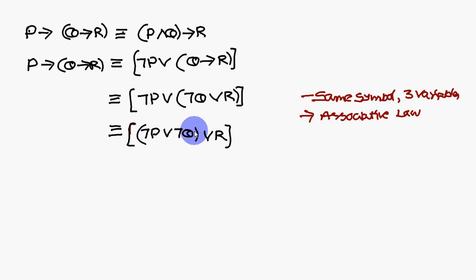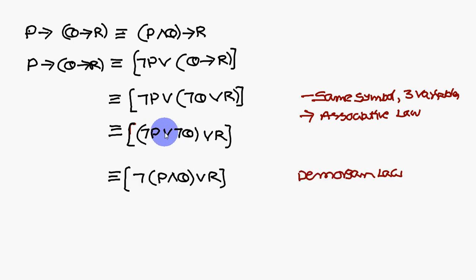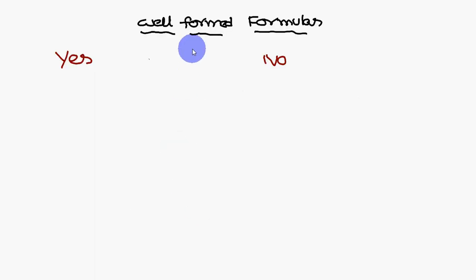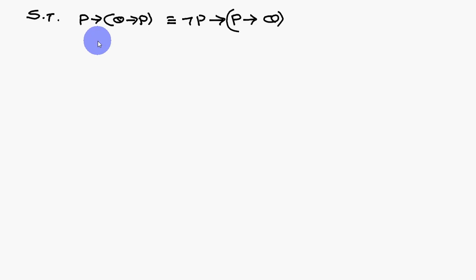In both the terms negation is there. Get it outside of the term. This will become not P and Q, R will become and R R. Next, if you look at this one, not symbol R symbol. So if you want to remove this one, you can write implication P and Q conditional R. Okay, P and Q conditional R. Next, well formed formulas, yes or no, just like that. This is not more important.